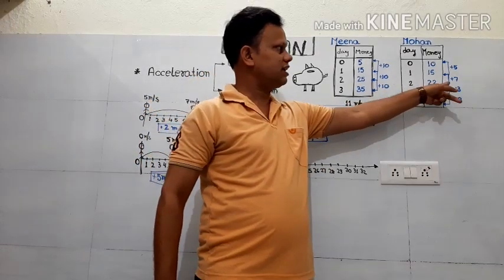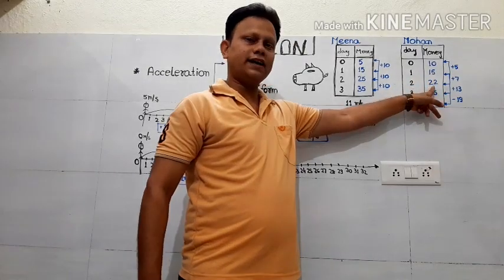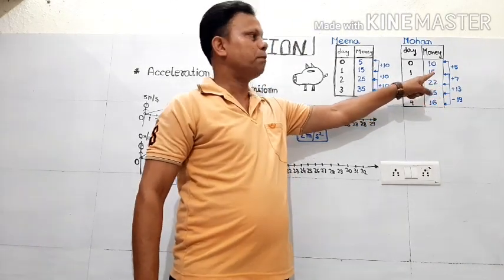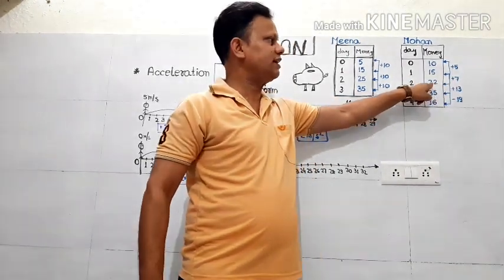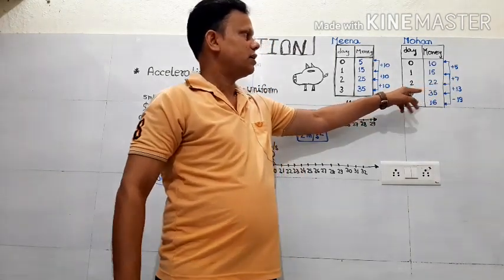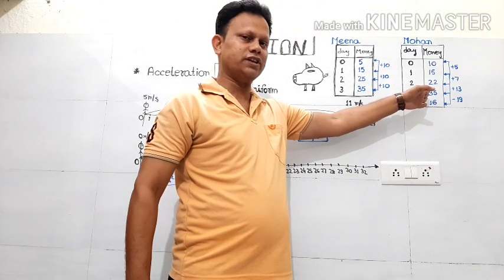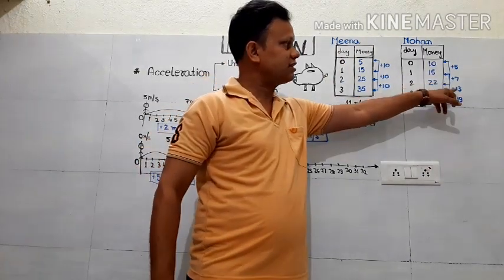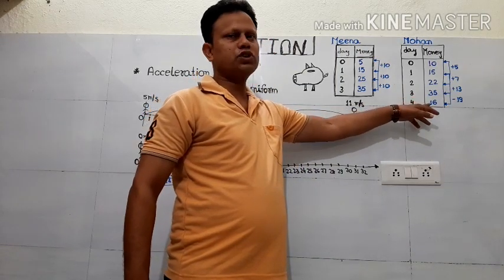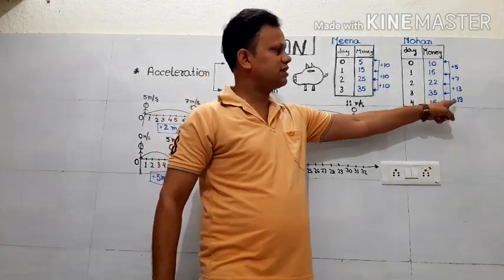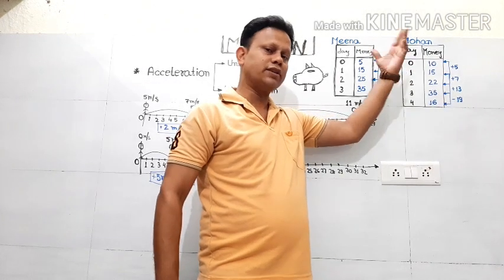Now you can see here, he has not done the same change. He has, no doubt, changed his value of saving, but the previous day he increased by 5, and now after the second day he has increased by 7. Then after the third day, he has deposited 35 rupees in his piggy bank. Now he has increased by 13. Next day, after the fourth day, he deposited only 16 rupees. Means he has deposited the money, but now he has decreased by 19 from the previous day.